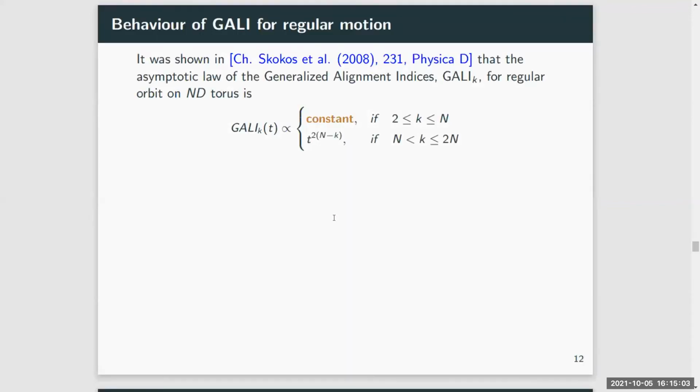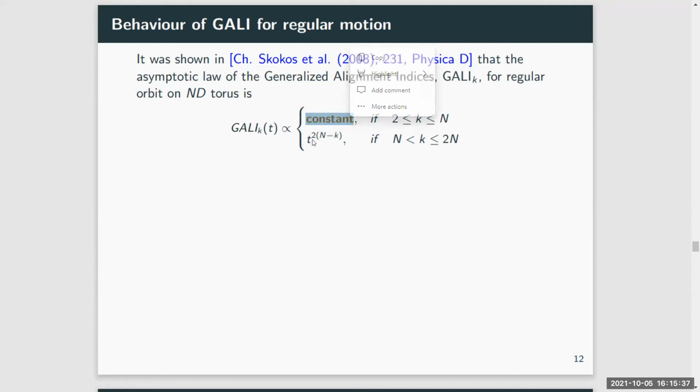Okay, so GALI for regular orbits. In an n degrees of freedom Hamiltonian system, the system's dynamics leads any deviation vector of a regular orbit to eventually fall on the n-dimensional tangent space of the torus. Thus, asymptotically, the volume defined by k linearly independent deviation vectors, from 2 to n, will not become 0, as the vectors will remain linearly independent, so it will be a constant or positive value,